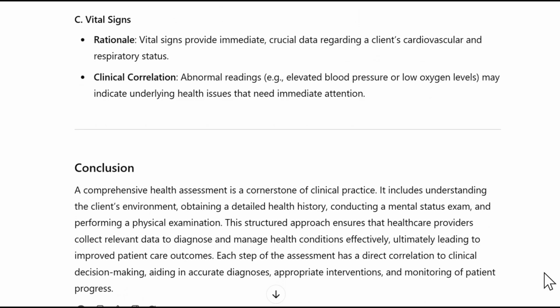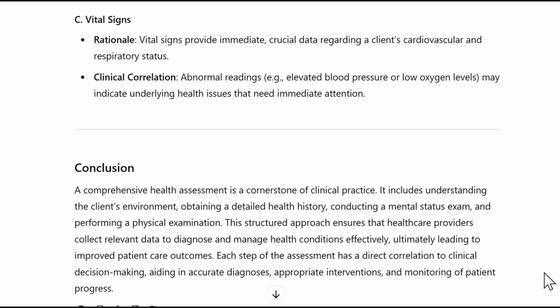Conclusion. A comprehensive health assessment is a cornerstone of clinical practice. It includes understanding the client's environment, obtaining a detailed health history, conducting a mental status exam, and performing a physical examination. This structured approach ensures that healthcare providers collect relevant data to diagnose and manage health conditions effectively, ultimately leading